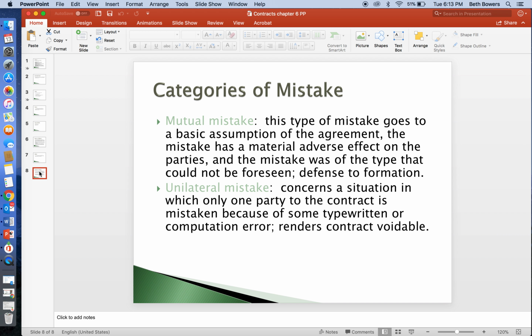Again, this goes back to let the buyer beware. If Lindsay wanted to have done more research, she could have, but she didn't. She chose to enter into this agreement, and now she's going to be bound to it, whether she likes it or not. Let's contrast that, however, with the next example, which is Sophie offers to sell Lindsay a blue stone,